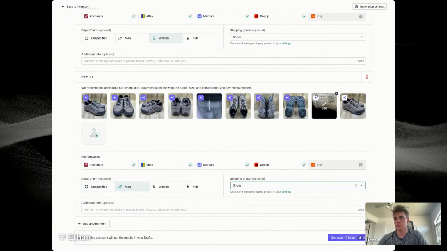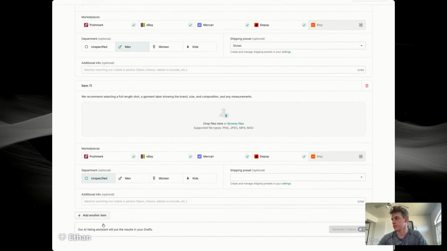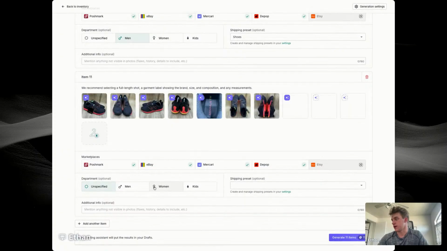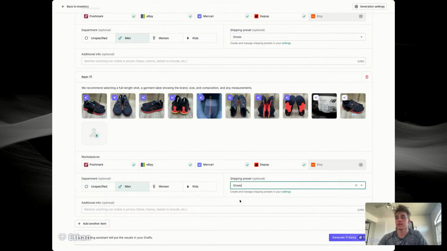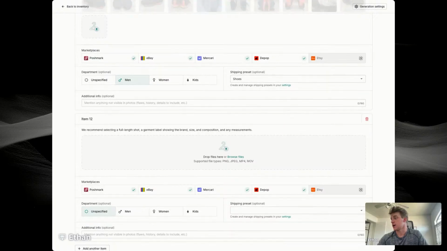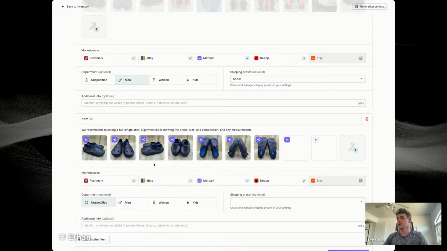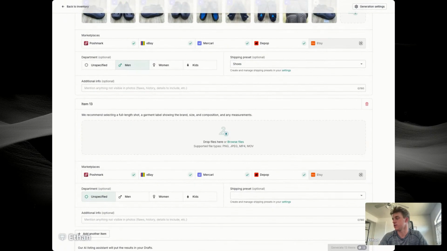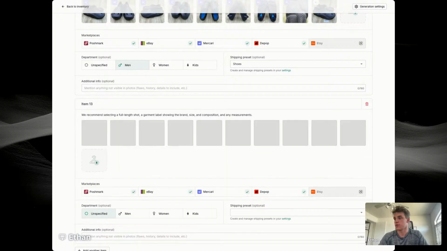A good example is I have a pair of shoes here over on the left. You can't see it. We'll do it while these are generating. I actually have a couple pairs of shoes that I already have listed, or they've sold before, and I can just add them super simple. It's like when you go on eBay and you're able to do a sell similar, you can do that on Nifty as well. So if you already have items that you already know of, it's super simple to do it that way, or you can do it